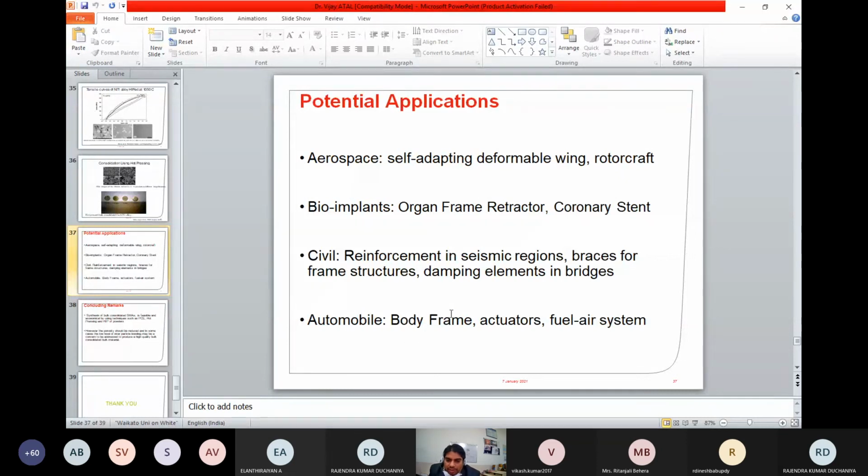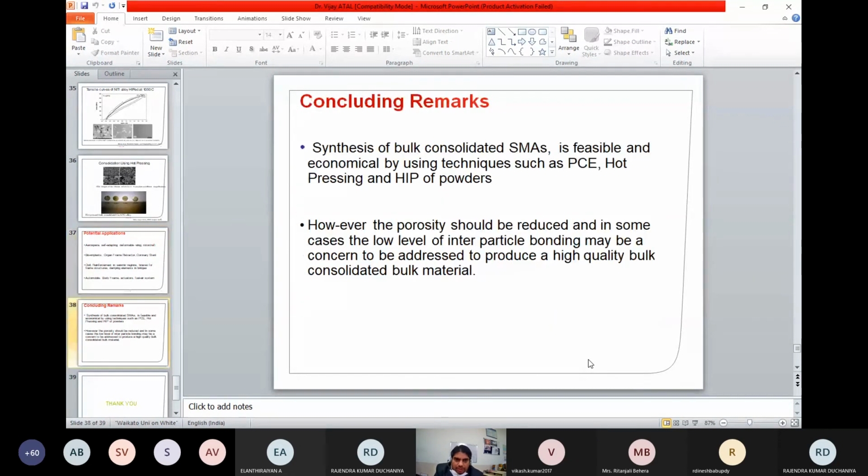In automobile parts, body frames in advanced vehicles, and actuators, both thermal and electrical, and fuel rail systems are some of the applications. So, concluding remarks: synthesis of bulk SMAs is feasible using economical techniques, and also to produce near net shapes by further processing.